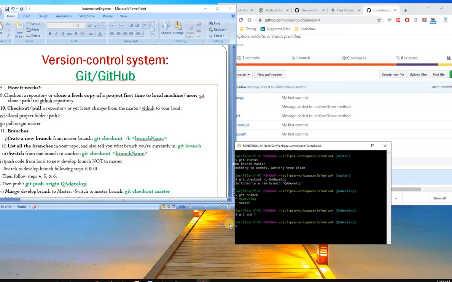So it will add all the files to our dev. You can see there's a QA develop branch right now. So it's going to add all the files to the staging, and after that we're going to make a commit. So we'll say git commit, then we put some comments, some messages. Okay, messages, you can say